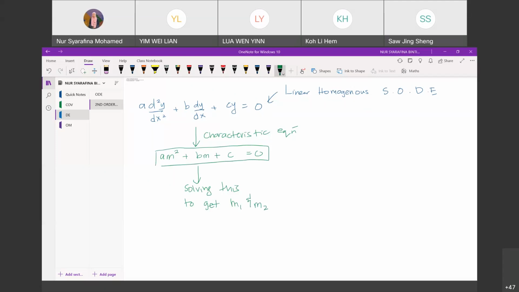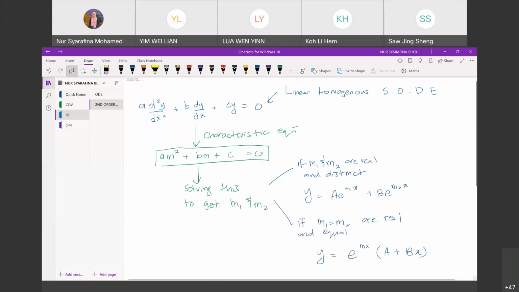If both values are real and distinct, then the solution is A e^(m1x) plus B e^(m2x). If both values are real and equal, then the solution is y equals e^(mx)(A plus Bx). And then the last one,